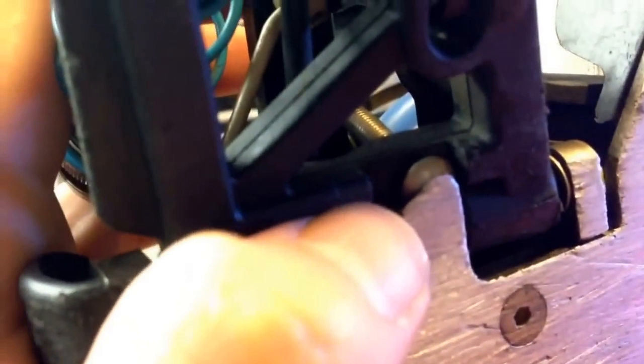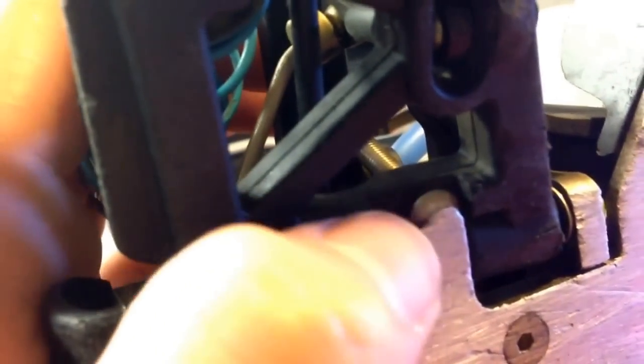No arms. I cracked an arm, and I'll show you exactly where it was. It was actually right there, if I can make it focus here. It was right where the